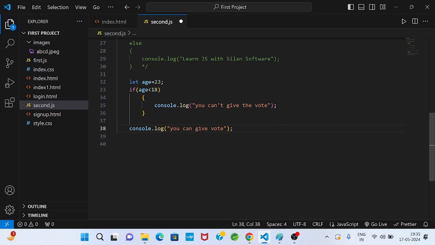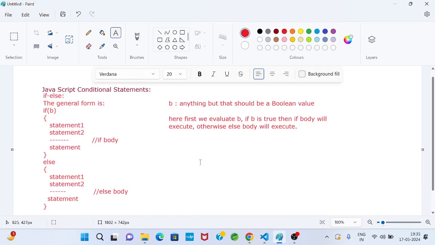So when more than two options come to our picture, then we will go to if else if else. In the else section there is again an if section. In the else part, if